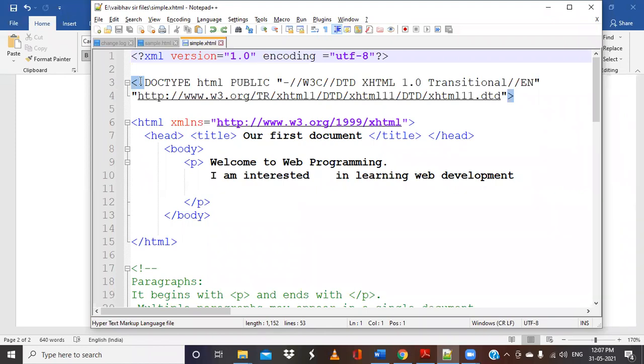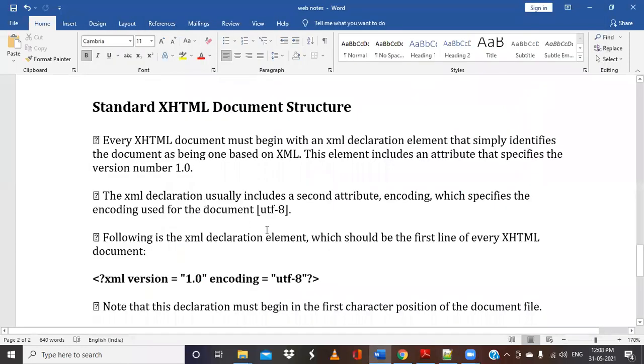And followed by this, we have a big two-line statement or command, that is what we call the doc type. So we have something like doc type, HTML public, and so on. Like we discussed, the browser acts like a compiler. So the browser should understand which type of compiler we are going to use, or based on what particular syntax it can run, or check for errors or mistakes. So for that, we use something called the document type. So this will include the following things.